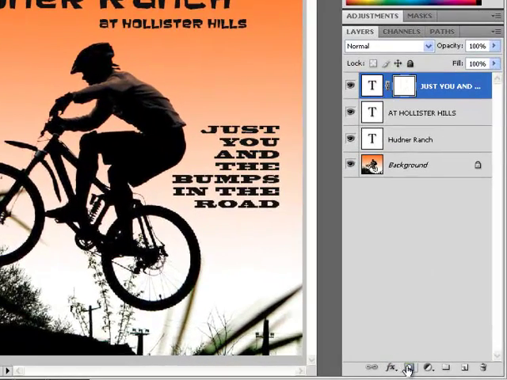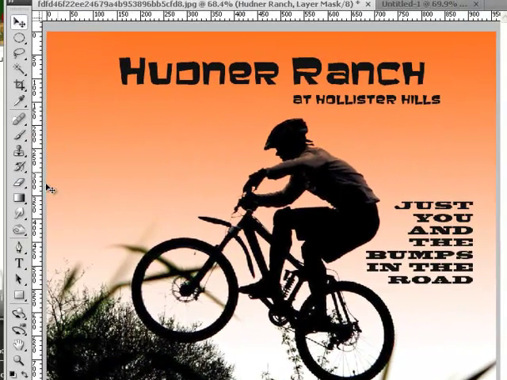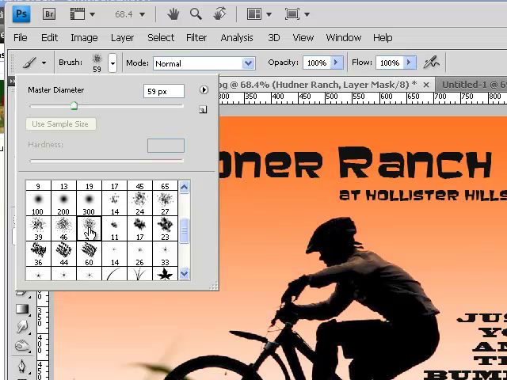So I'm going to add a layer mask, and as you can see, I just added that to the layer that I had selected. In fact, that's not where I wanted that. Undo. I want to work with my main title, Hudner Ranch. So layer mask there. So what I'll do is I'm going to take my brush tool. I'm going to get a nice dotted looking brush, starting with something larger. I can drag that up,